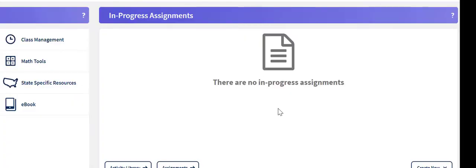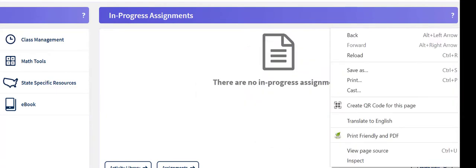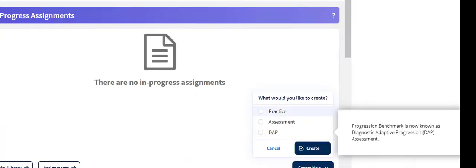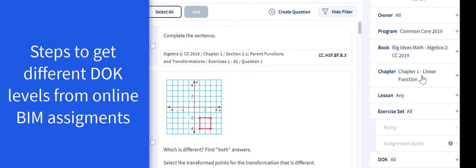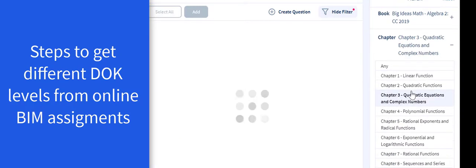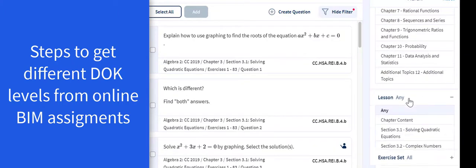Did you know that your Big Ideas resource has depth of knowledge questions ready for you to use? If you're on the online assignment, if you create new, and I'll just do a practice one. Let's see, I'm in Algebra 2. Let's go to Chapter 3. Let's do lesson